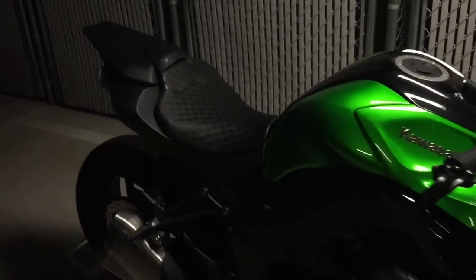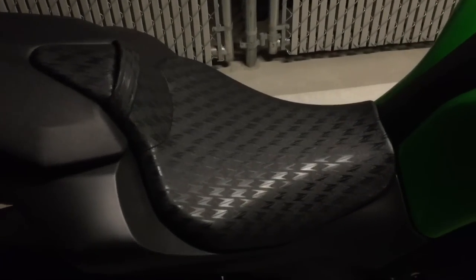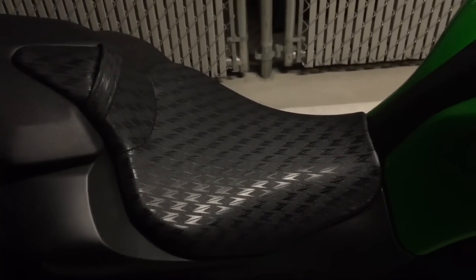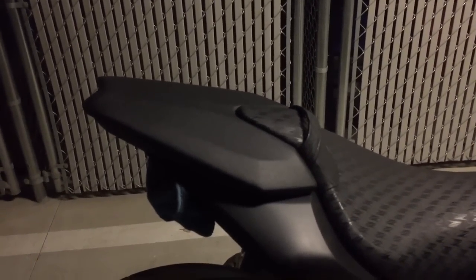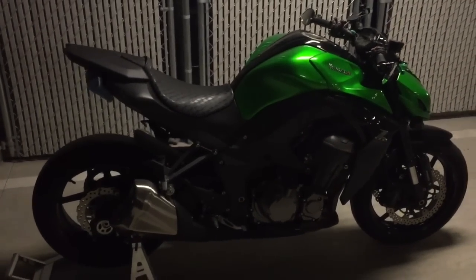Number 2 is going to be my seat. The seat, because it's got a cool design on it. It fits the bike well. But the back seat, let's not even talk about that. It's like sitting on cardboard. My girlfriend hates that. This seat right here, though, it's pretty much a super sport seat. There's no padding in it whatsoever. It's very thin. This bike is really good on long rides, but that seat just makes it a little bit